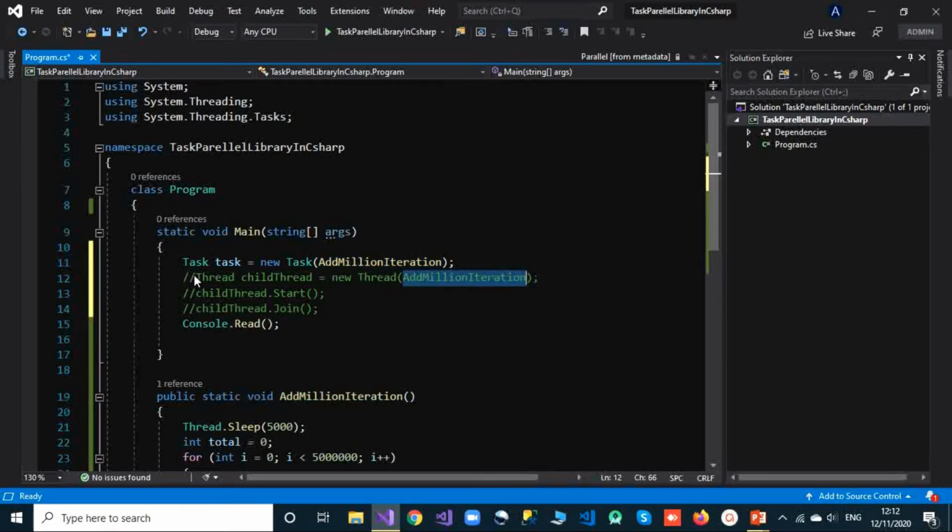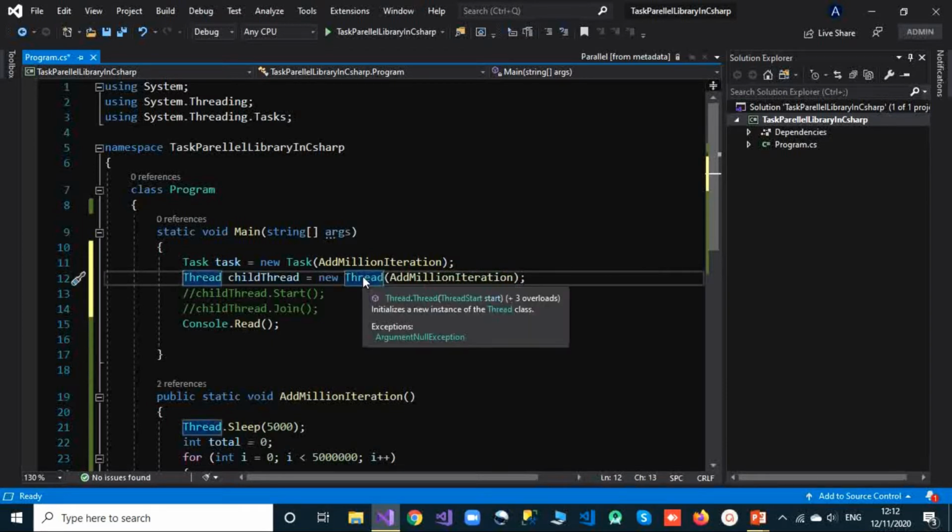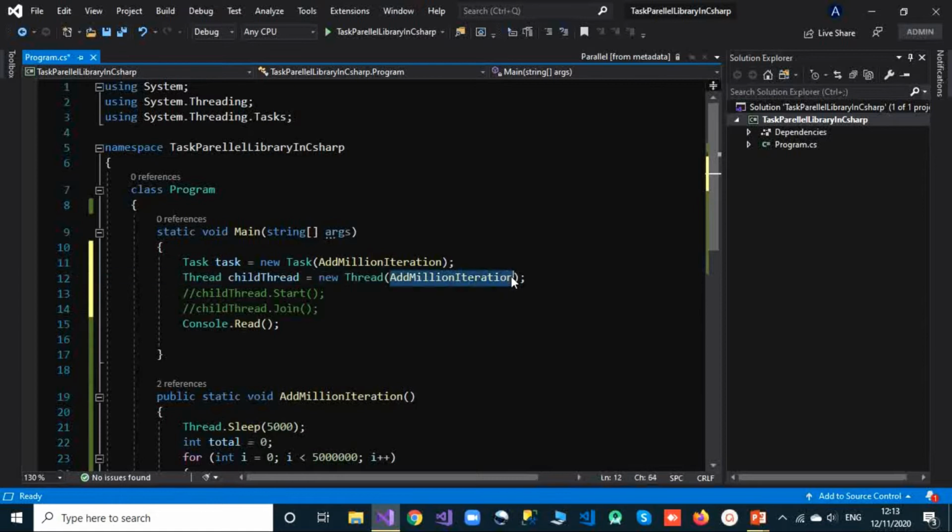Instead, we can directly pass a method. So that we have learned in threading. If you see in IntelliSense, it requires a thread start delegate. So just like this, we can directly pass this method instead of that thread start delegate, and we know the compiler will implicitly convert that to a thread start delegate and pass it to this thread constructor. But we don't have to do that explicitly.